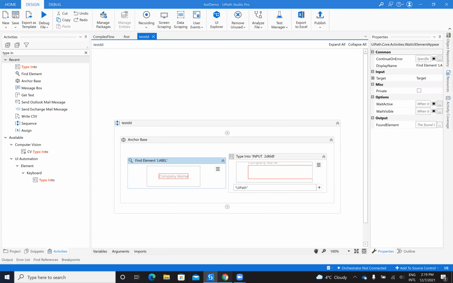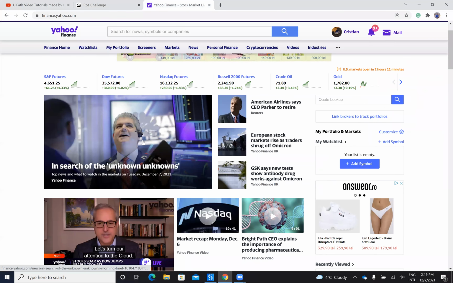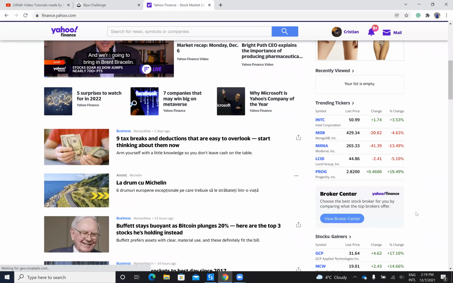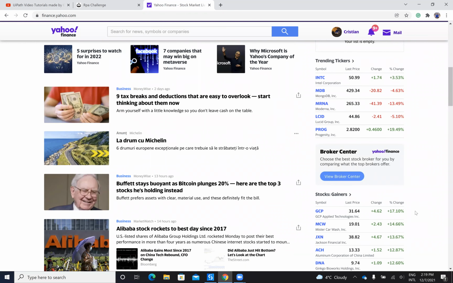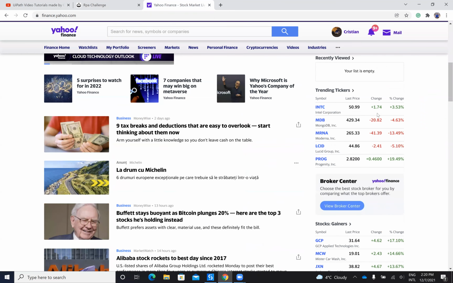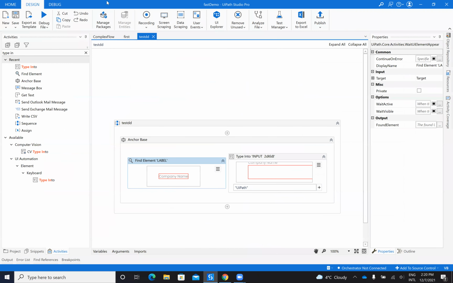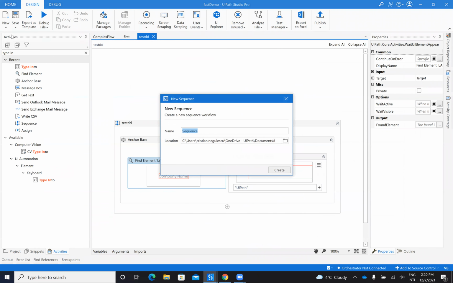type into activity. Next, the last step, I want to show you how fast I'm able to extract the data from a web page and then write it to the send an email with this data. So I will extract this data from Google Finance and write an email very fast. So let's say here, sequence, email